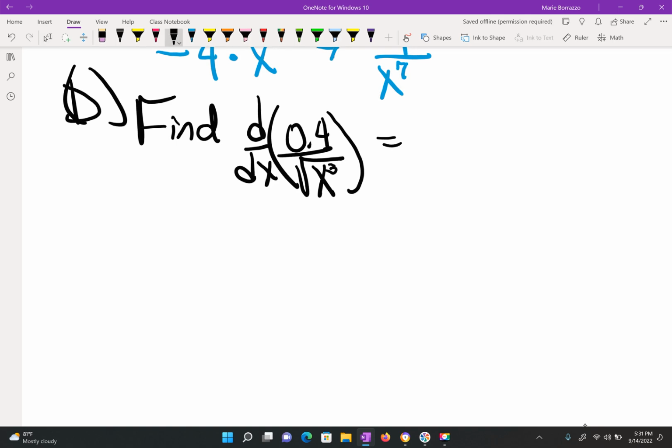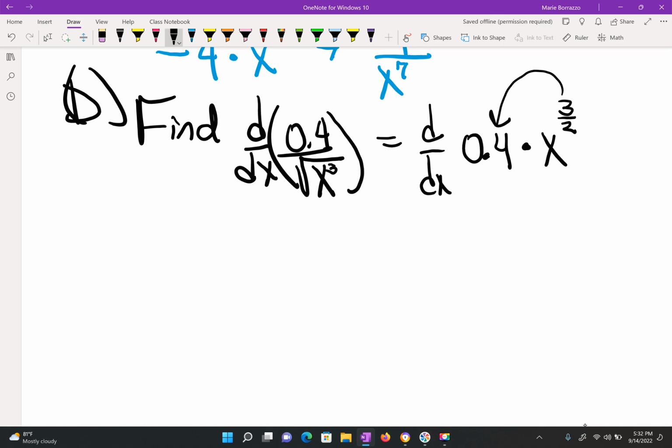So this is basically d over dx of the constant 0.4 times x to the 3/2 power. So far that's what you have. If you remember, we're going to multiply here this times this and take away 1, which is 2/2. You end up with, in this case,